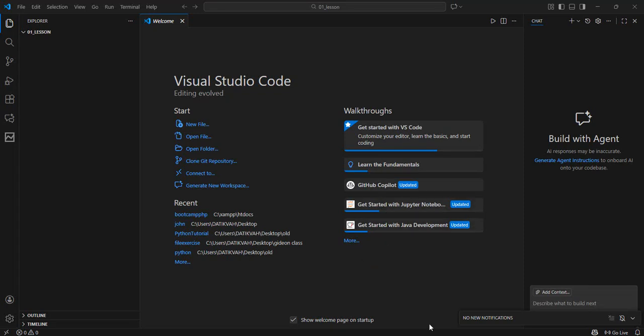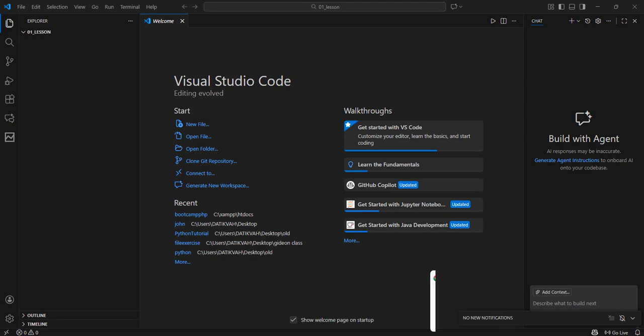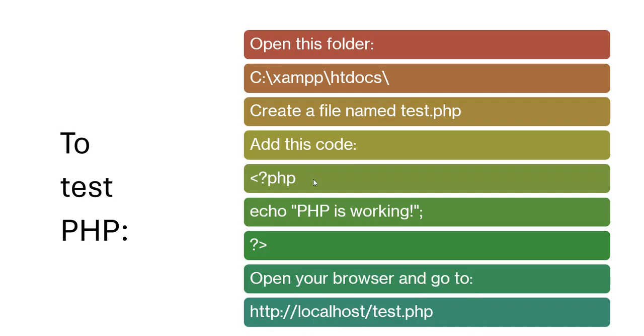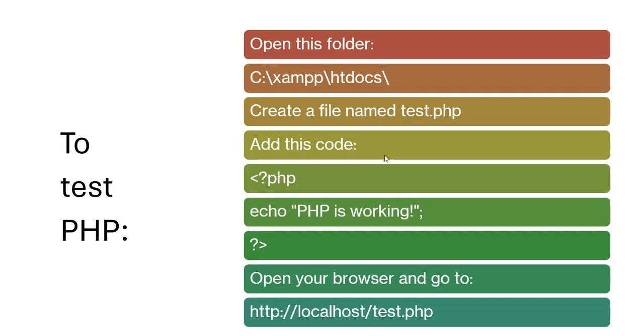Alright, welcome everyone. We were able to successfully set up our file, and we created a folder. We are seeing this, so let's create a file. So we'll go back to our VS Code,